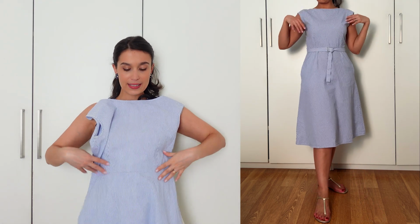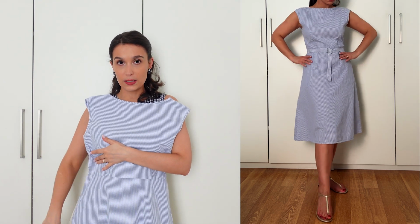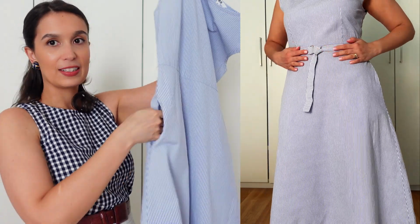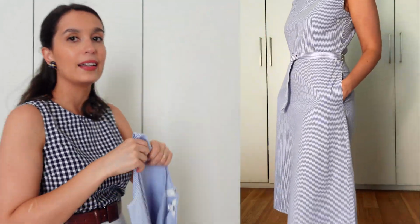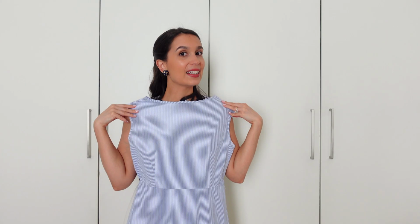It has that very sleek, very simple upper part, and then a little bit of volume, a little bit of movement in the skirt. It also came with a little belt that is here somewhere that I will probably never find again, but that's not a problem because this looks great with any belt. It has little pockets, so very useful as well. The length of it is longer than most people wear, so you kind of stand out in a very simple, a very pared down dress. People kind of cannot point to what makes it so interesting because of the simplicity of it, but it is